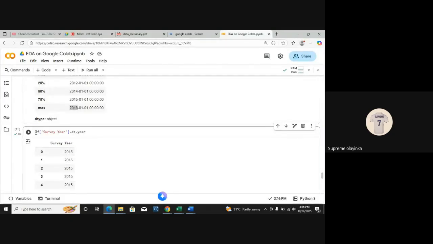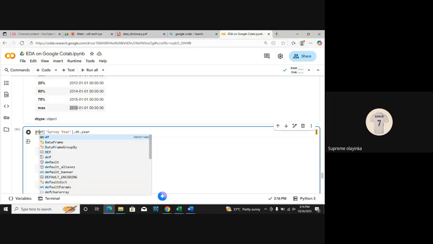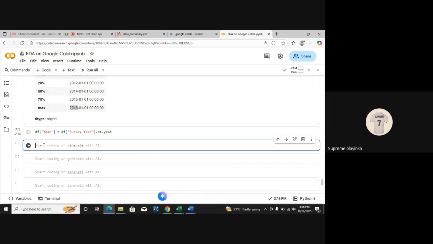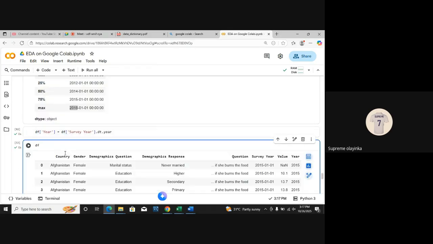Now I want to save this into another column. What will be the name of the column? It has to be inside my data set, that's why I'm starting with df. I want to create a new column. Let's call it year. This year that has been separated, help me to save it in a new column inside this data set. The name of the column is year. Now let's run this one. If I call my df now, can you see I have a new column called year?